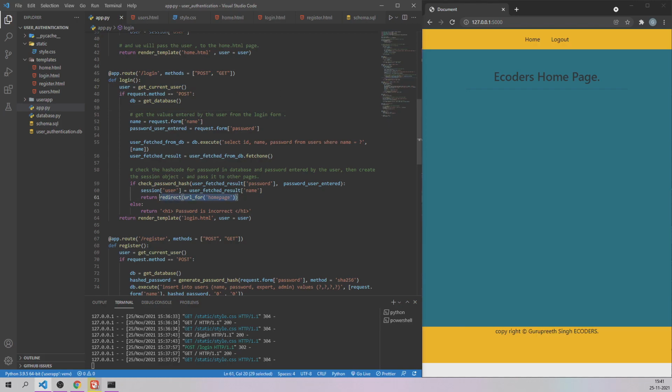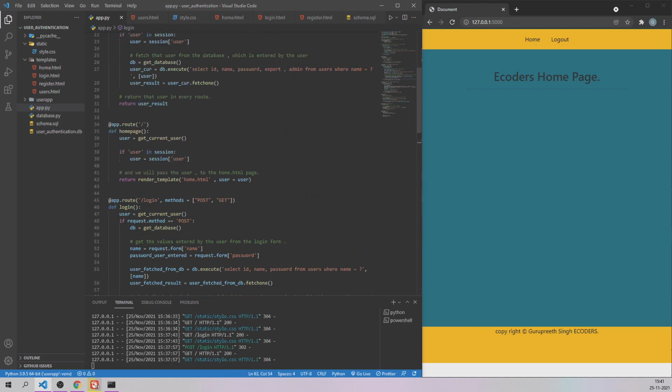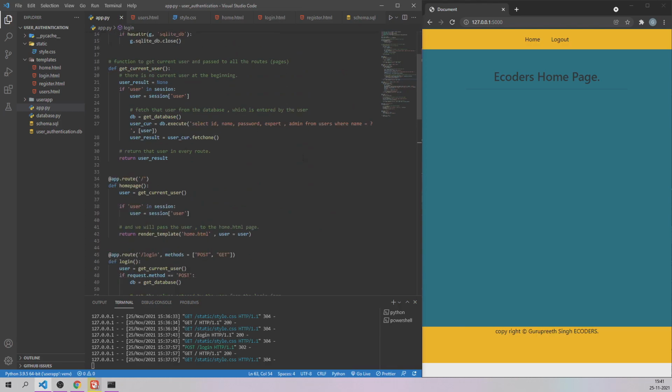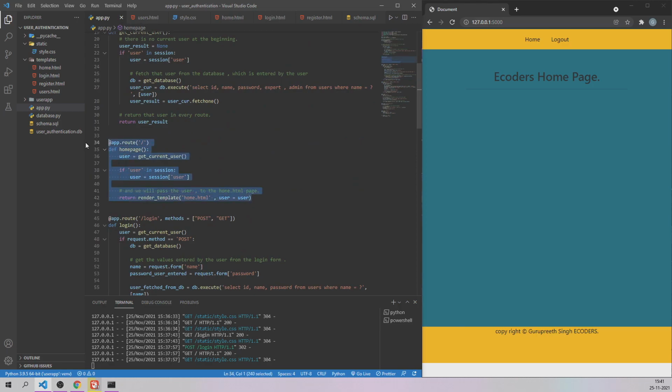See, this is the code written in the home page. So from here the control is going to come to this particular function, where the home page is getting shown to us. And the first line of code in this function says that we have to get the current user from this particular function, which we are going to store in this particular variable called user.